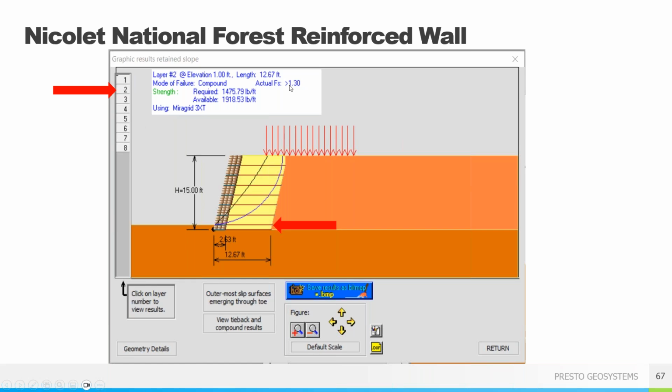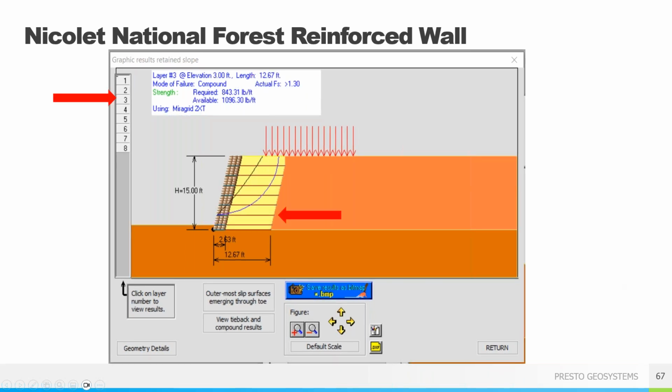See, we're always shooting at that factor of safety of 1.3. It'll give you the mode of failure, whether it's a compound or a tieback. You can see the actual factors of safety, showing that you used a different GeoGrid. You can see how now all of our failure planes are within the GeoGrid tieback area. You can check it for all the different types and the different layers. Here, since you selected multiple layers, it does show that in level 3, it defaults back to that 2XT.